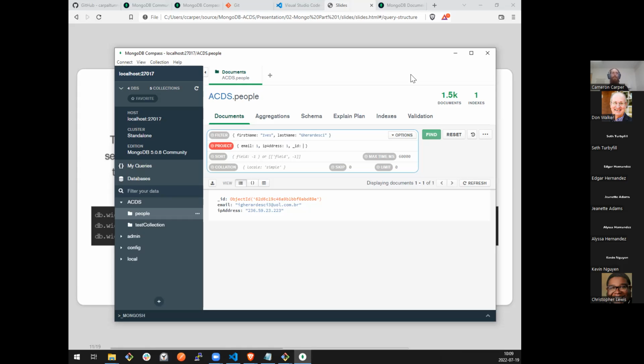I mentioned these work kind of like Booleans with a 1 and -1. So if we're wanting to include a field, we say field name 1. If we're wanting to suppress a field, then we say -1. So while it automatically added this ID field in our result set, if we project underscore ID -1, it will have actually run into... I was not expecting that because, again, I'm not super familiar with Compass, but I am very used to suppressing.